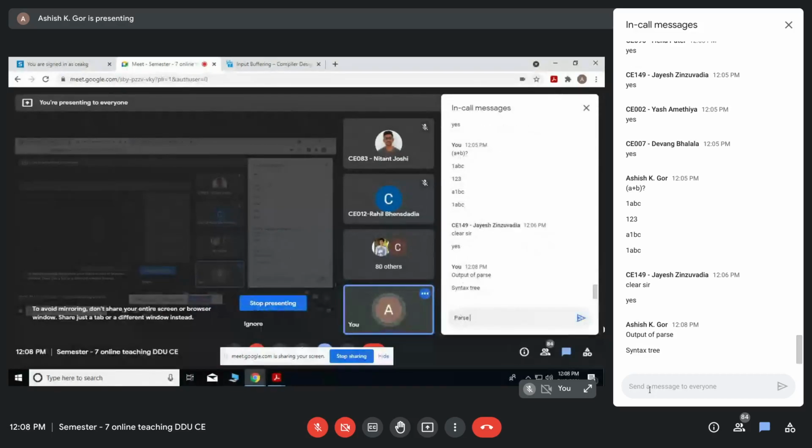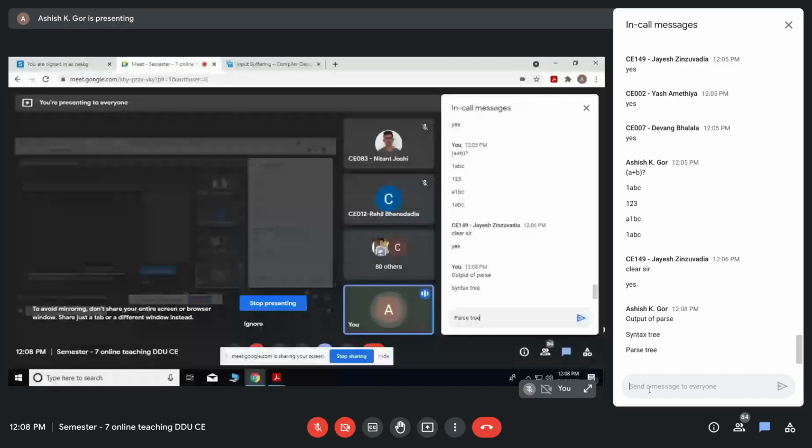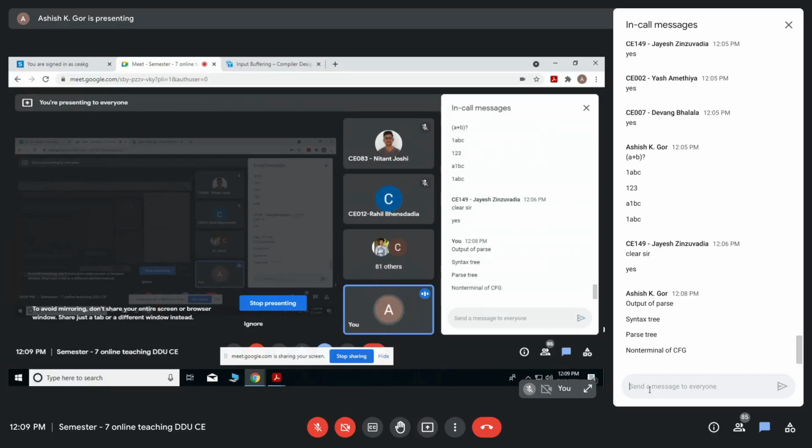Actually, both are different, and we'll see that later on. The thing we discussed last time was a syntax tree, where the root node and intermediate nodes are operators and leaves are identifiers or numbers. Those come under the category of syntax tree. In a parse tree, in addition to that, you have non-terminals and terminals of a context free grammar, which we will see when we study context free grammar and parsing.